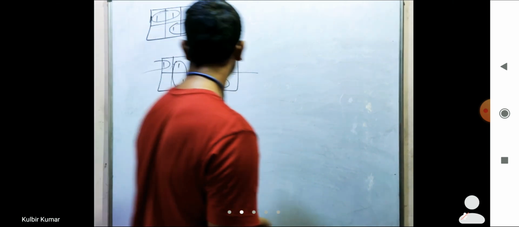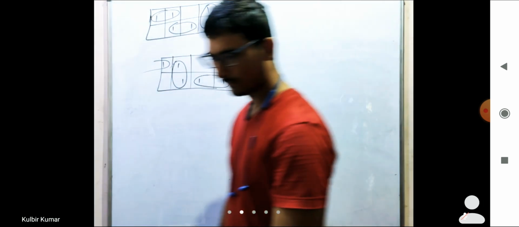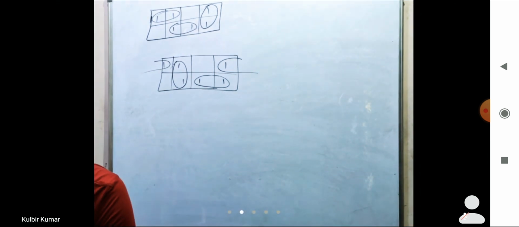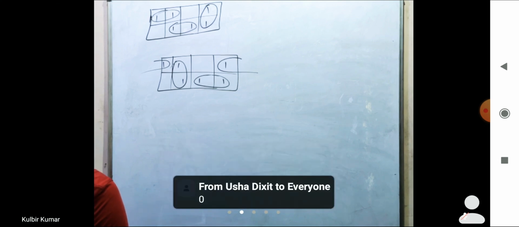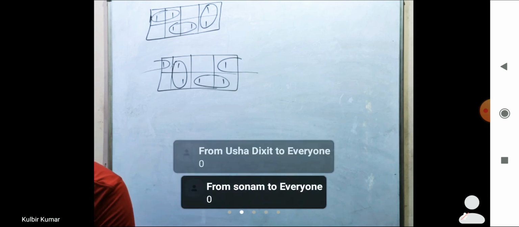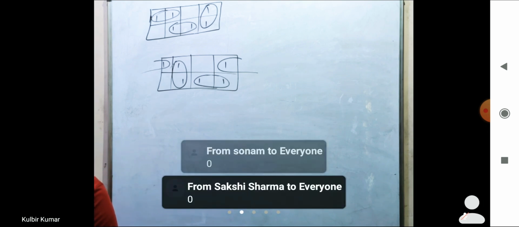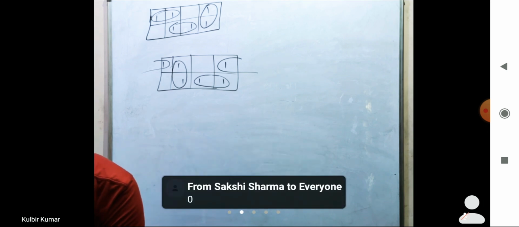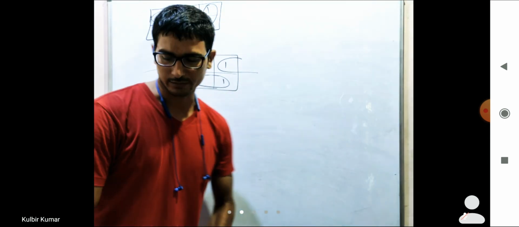So कितने essential prime implicants हैं? कितने essential prime implicants बने? Think about it again. What is the definition of essential prime implicant? जैसे मर्जी pairing कर लो, वो pair surely वहां पे रहेंगे. It is zero only. There is no essential prime implicant at all. Got it? So इस problem में कोई essential prime implicant नहीं है. So the answer will be zero only. That's it.